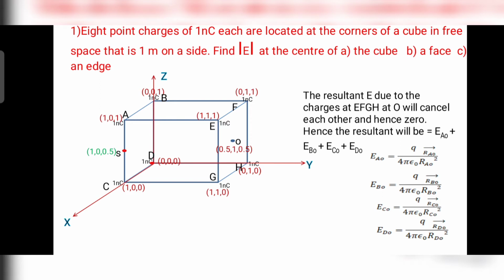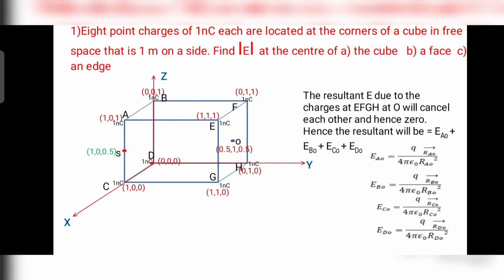If you want to find the electric field intensity at the center of the cube, it will be equal to 0, because whatever forces are there on the left hand side are going to be nullified by the forces on the right hand side at that center. Hence the electric field intensity exactly at the center of the cube will be 0, because all the charges are similar and the left portion is nullified by the right portion. Hence we need not calculate that, and obviously it will be equal to 0.